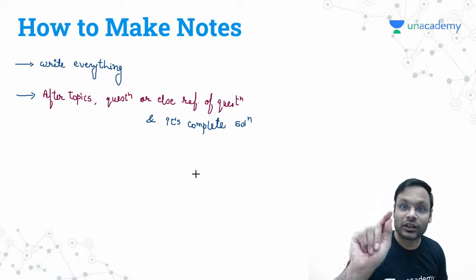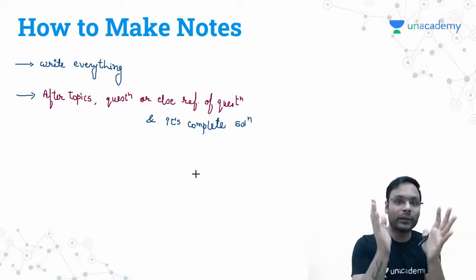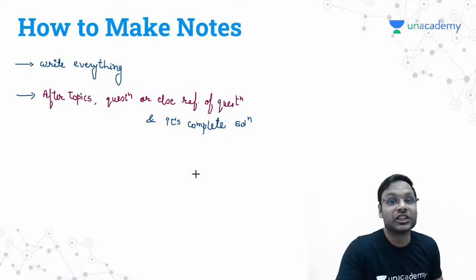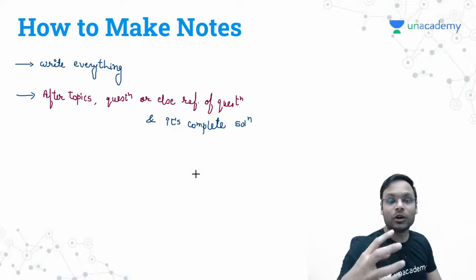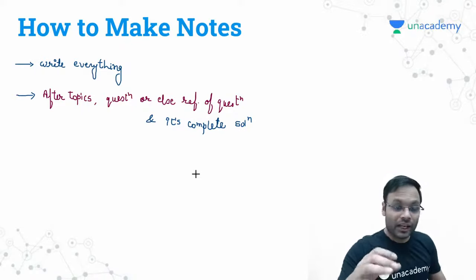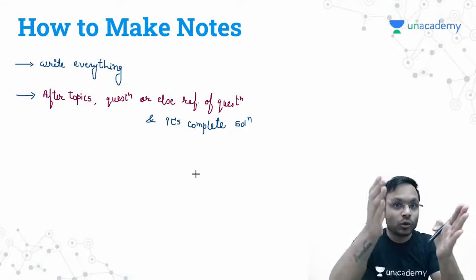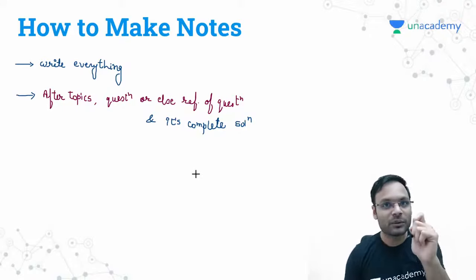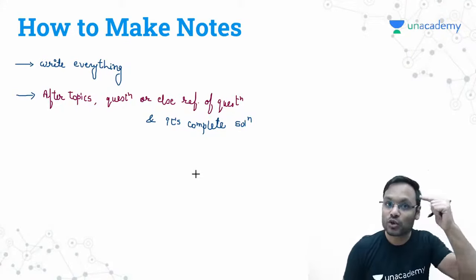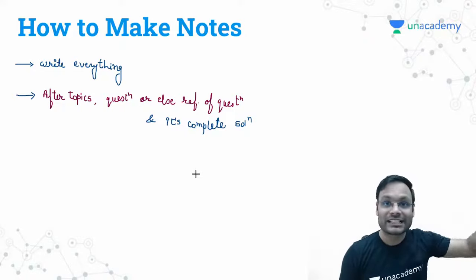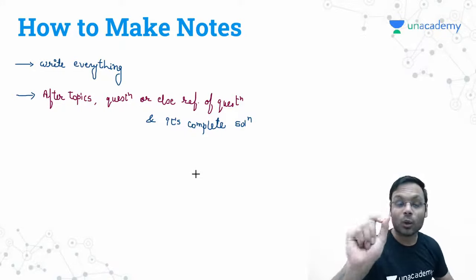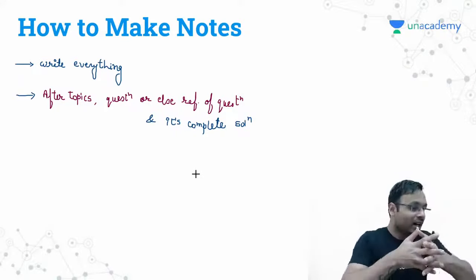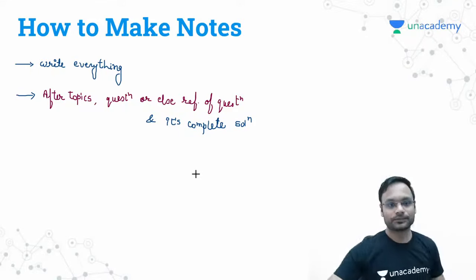Why? Just because at revision time, everything will be concentric, not distributed. Otherwise, those 2-5 questions you will miss during revision, and that will make a big impact on your learning capability. Right? If you can learn everything, try to remember everything too. If you have spent time on learning, you won't spend much time on revision, but you can remember those topics when you enter that particular exam hall, and that is what is required most: how much you can remember out of whatever you have learned in the entire duration of preparation.